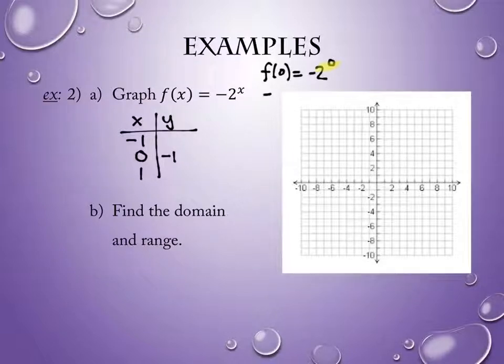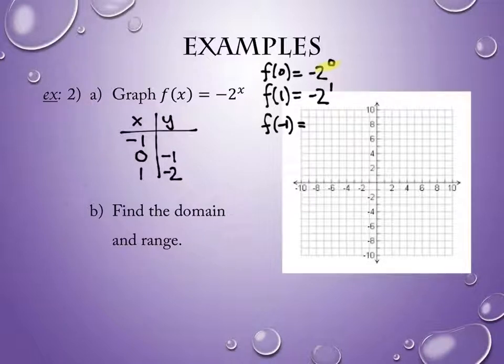Let's do f of 0 next. I'm sorry, f of 1 next. Again, you start with the exponent. What is 2 to the 1? 2. And then with the negative in front makes it a -2. And the third one,